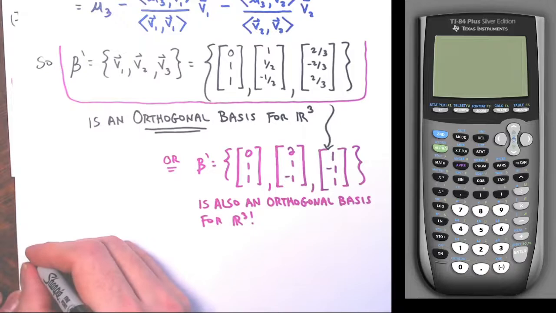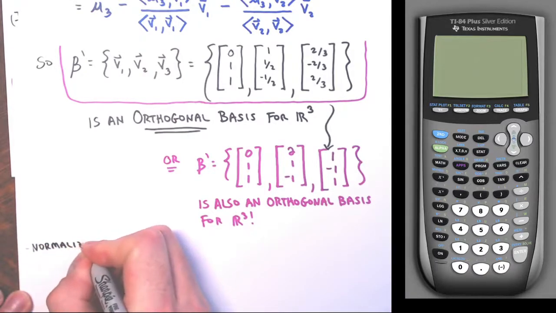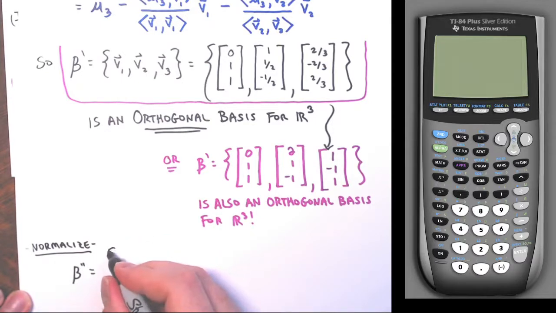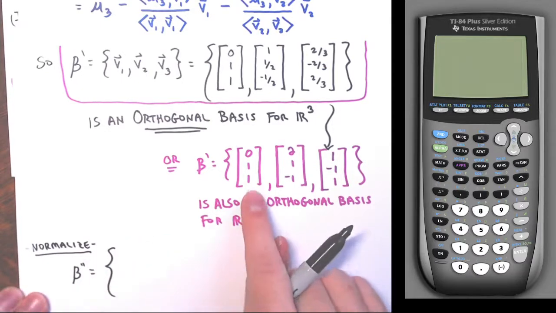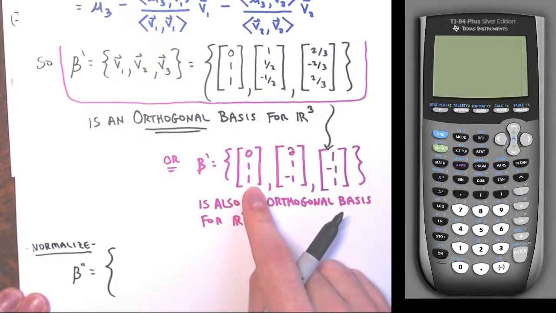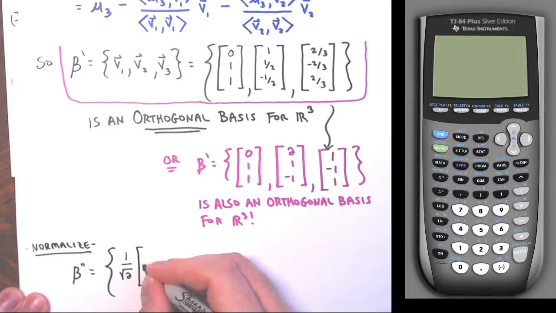So then normalizing, say I get b double prime equals the length of this 0, 1, 1. The norm would be the square root of 2. Remember, it's the square root of the inner product of the vector with itself, which, the inner product of this vector with itself is just 2. So 1 over the square root of 2 times 0, 1, 1